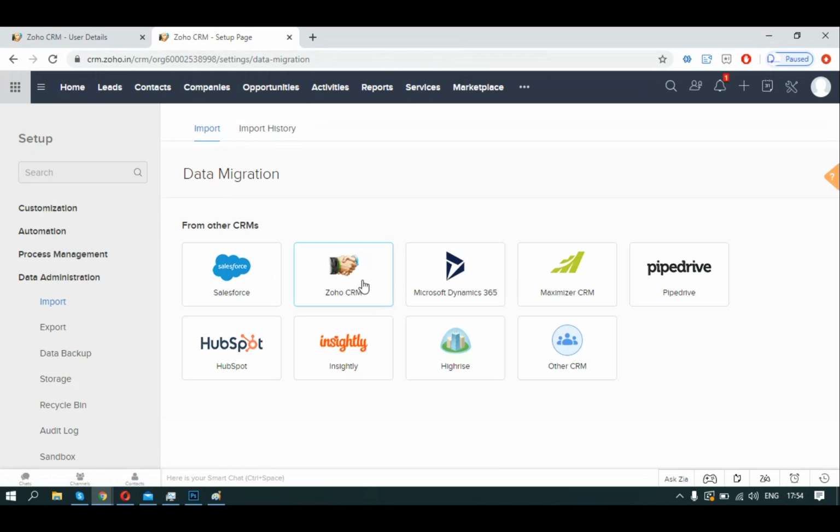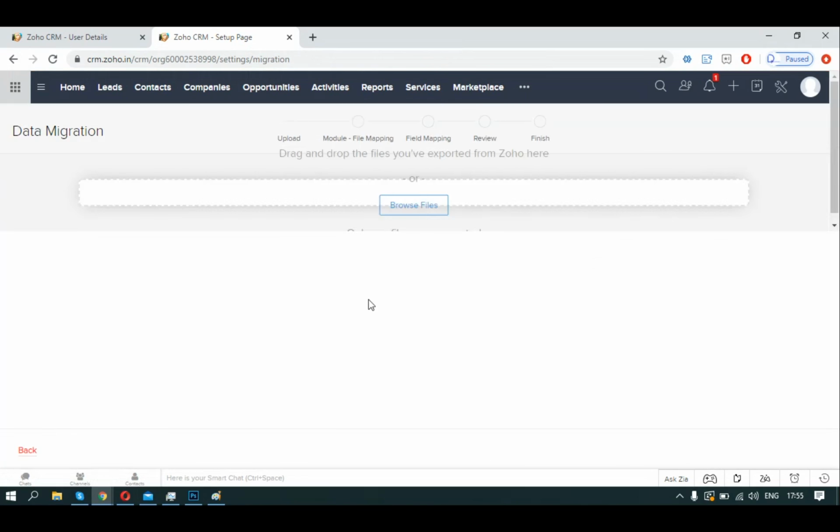For a different instance, so per se, IT Solutions has two accounts for Zoho CRM. One is IT Solutions Solved USA and another is IT Solutions Solved India. Now, IT Solutions Solved India needs to import the leads that are there in IT Solutions Solved USA. What you do is click on Zoho CRM,